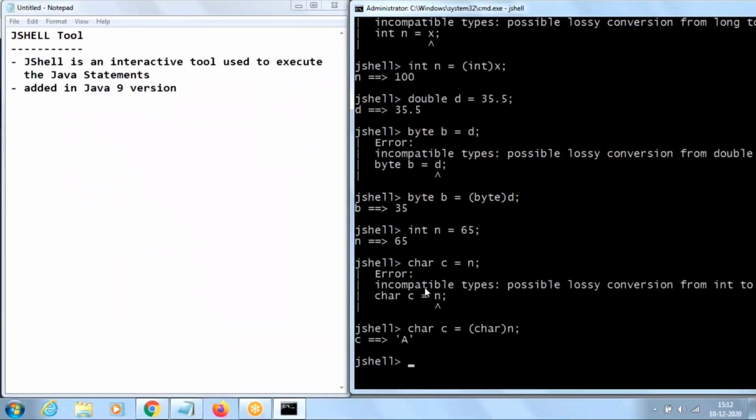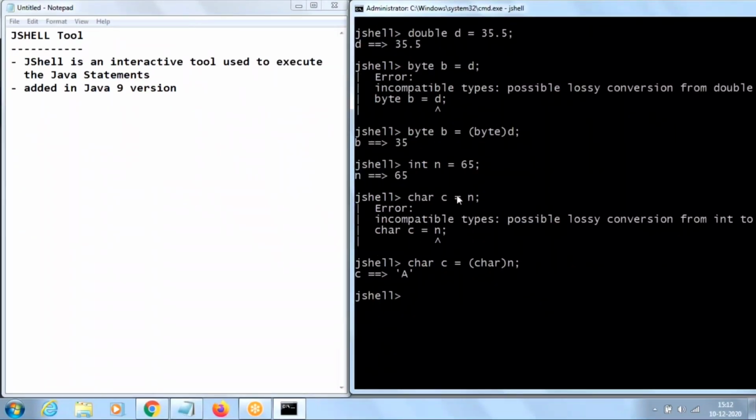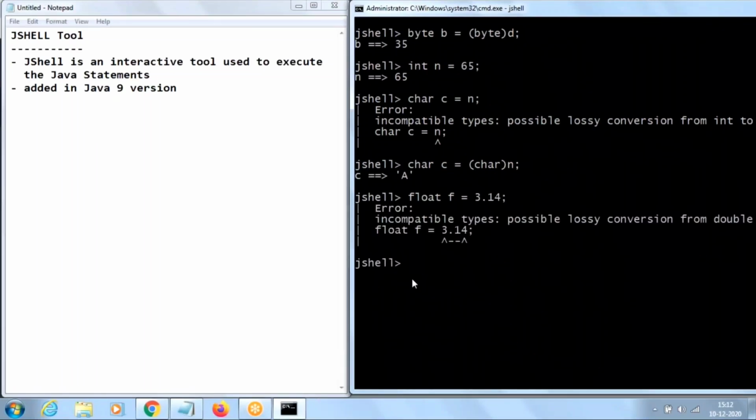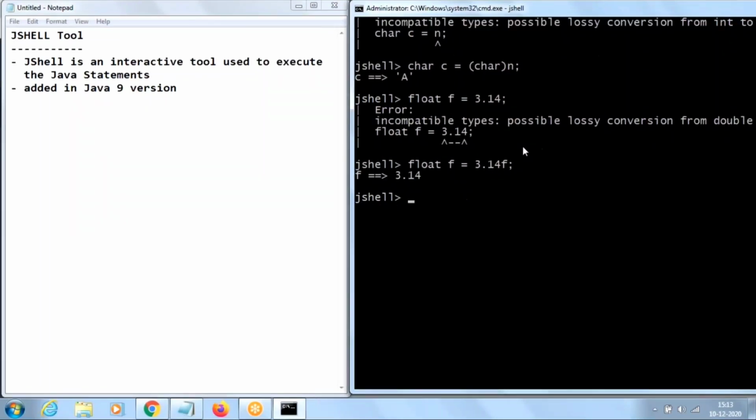Now the value of c will be capital A, that is, for the Unicode 65, the character representation is capital A. And if you take float f equal to 3.14, it goes with an error because, as I said in the last video, any value with a decimal point in Java is treated as double type. We cannot assign double to float since double is higher than float. Whenever you are giving a value to float, you have to end it with either small f or capital F. So this is the way to check typecasting.